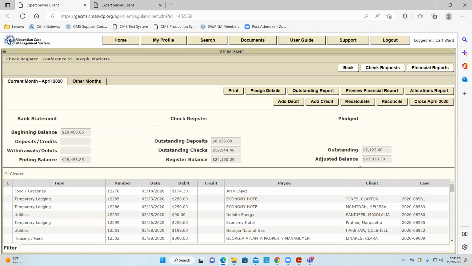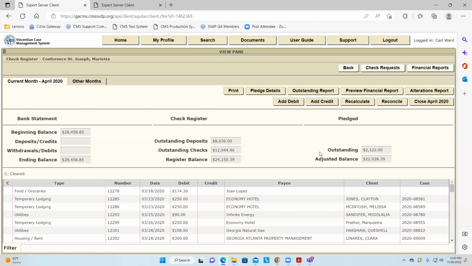Now, all those pledges are not going to happen, not 100%, and they're certainly not going to happen on the same day. But it's a nice thing for the treasurers to know what they have outstanding, so when they get to the check approval screen, if they're running short, they could say, I need to reduce this amount from 250 to 150 because we have a lot of outstanding pledges out there and 90% of them are going to happen and we can't afford to go over.